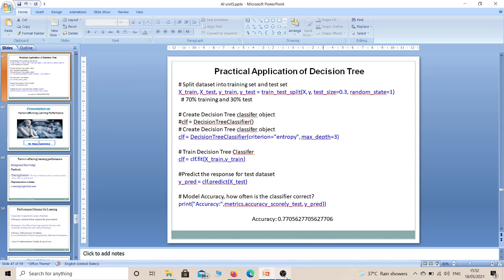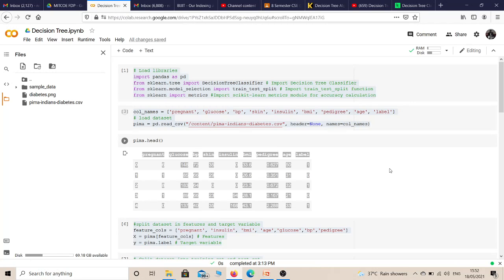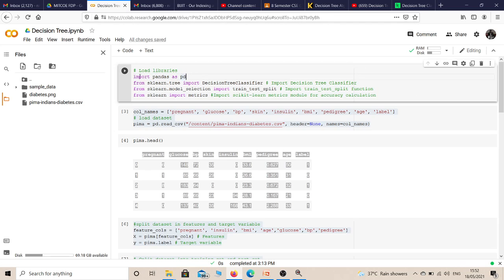I will show you the execution of this, don't worry. I am going to use Google Colab. I am using Google Colab in order to show the demonstration of this diabetes prediction system. I will explain the code, don't worry about this. This is the code which you have written, starting with importing the libraries which are required.